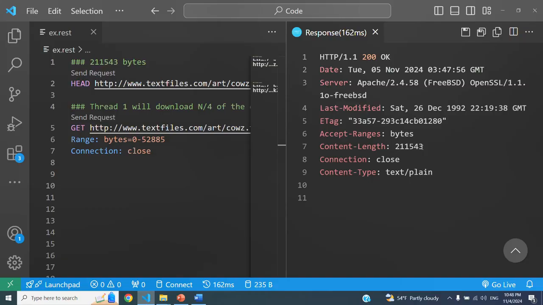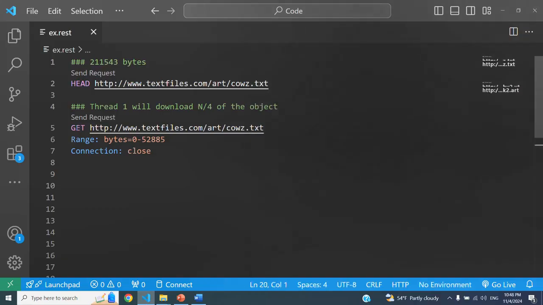Now assume that the client is creating 4 worker threads. Each thread would be responsible for downloading 1/4 of this object. So the request that thread 1 would be sending is now a get request to the same object, but this time look at this header. It says, I would like to download the bytes from 0 to 52,885, which would be approximately 1/4 of this object.